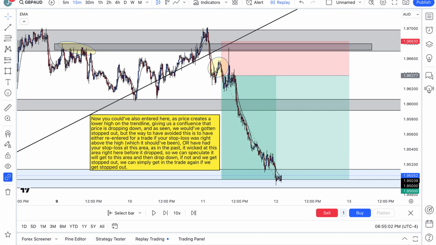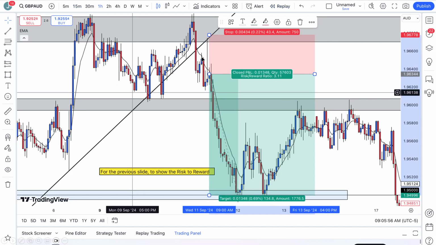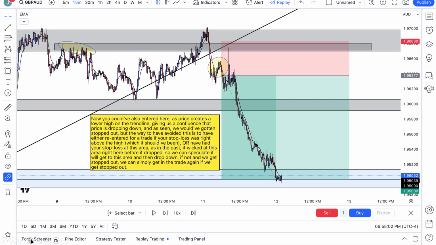as in the past, it wicked at this area right before it dropped. So we could speculate it would get to this area and then drop. If not, we get stopped out. We could simply get in the trade again if we got stopped out. So if we would have entered here with our stop loss right here, and got stopped out with our stop loss right here,